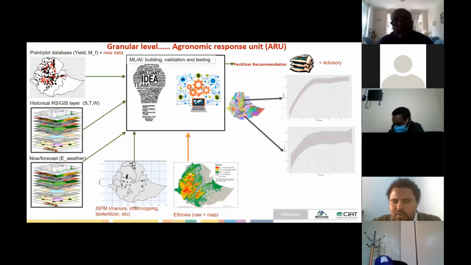So we are also advancing in that regard, and when we validate and test this response unit, it will be available for researchers to test and try as a better way of doing intervention investment planning for agriculture in the country.